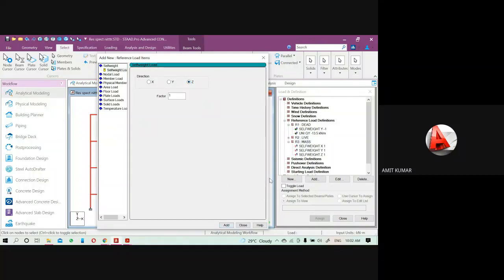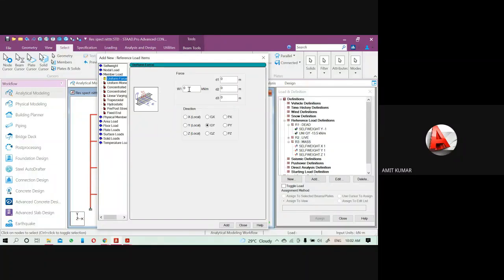Okay. Then next thing, under the mass you have to add the wall load also. So I just calculated it as 13.5 kilonewton per meter. So through the member load, I will add 13.5. This time the positive value because it is the mass of the structure. Okay, and first it will act along gx, then second will be gy, and last will be your gz. Okay.